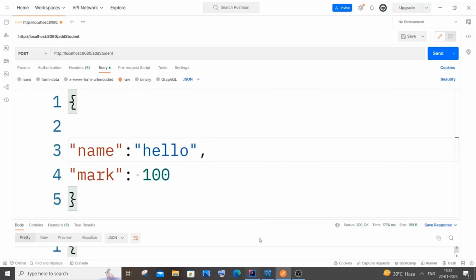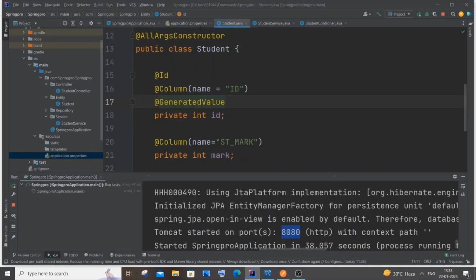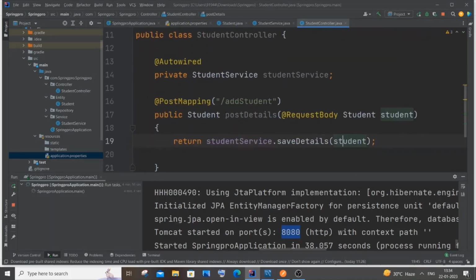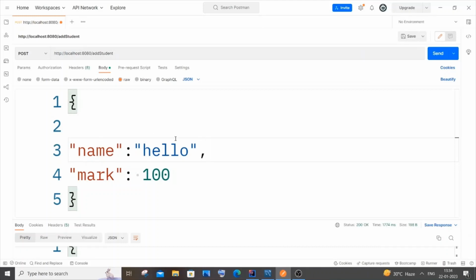So the path that we have specified in our controller, where is the controller? Yeah, student controller. This particular path should come over here. You need to be careful with the cases as well. So I will just change it to some meaningful name. Okay, not meaningful, I will just put hello, hi, something like that, and I will go with 1000 as the mark, some random thing. If I just now send it,